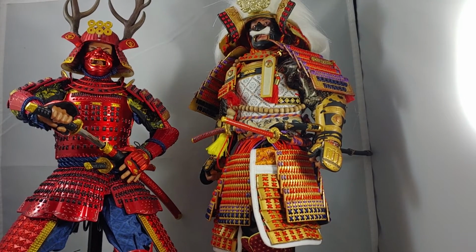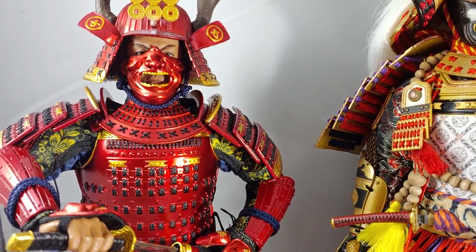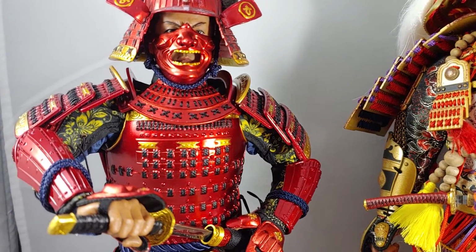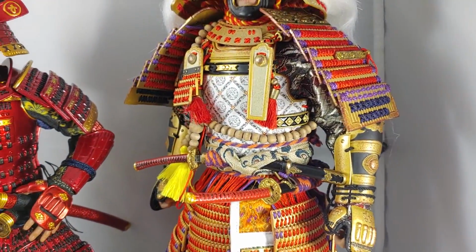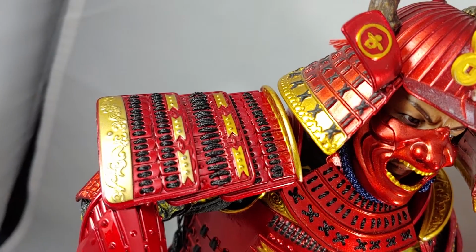But now let's look at the differences in quality of this. So now it's a very eye-catching figure still to this day. I think it's 3 or 4 years old now. I'm not entirely sure, but look at the difference in detail. Look at just how fine everything is. Yes, he still uses all the stitching on the armor, but the designs in there,